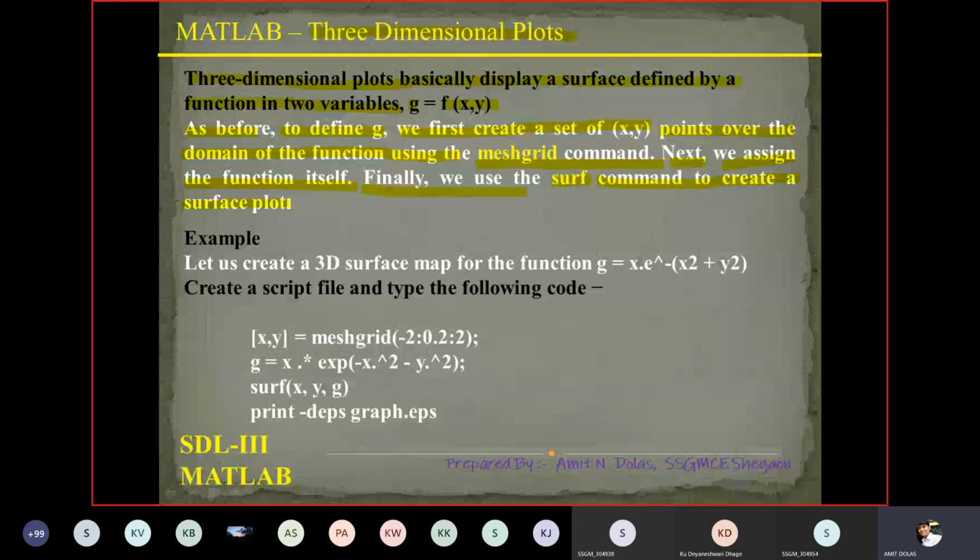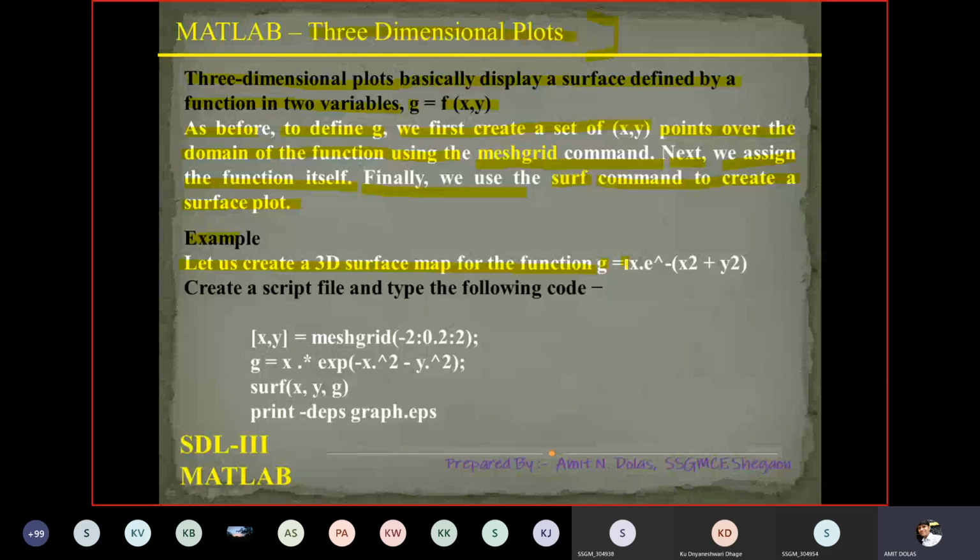So this is the example of a surface plot which is given in your syllabus. Example, let us create a 3D surface map for a function. The function is g is equal to x into e raised to power minus x square minus y square, so it is a square, okay? For that, the script is x comma y, the data we have to enter.